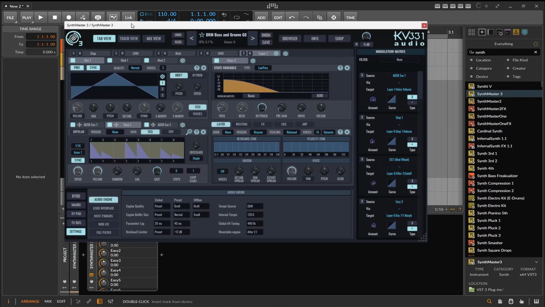Synthmaster 3 is the newest software from, was it KV331 Audio? They produced Synthmaster 1 and Synthmaster 2, which are actually very good software synthesizers. I bought them really early on when I was learning about synthesizers a couple years ago, and they've been rather cool. I really like the presets that come with them. Speaking of presets,